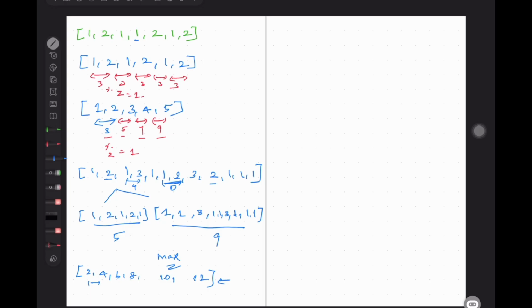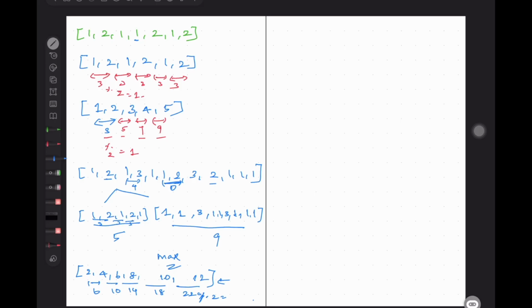Plus 2, 6, 10, 14, 18, 22, right? But all these are even numbers, so mod 2 will be equal to 0. Here all are odd, 3, 3, 3.